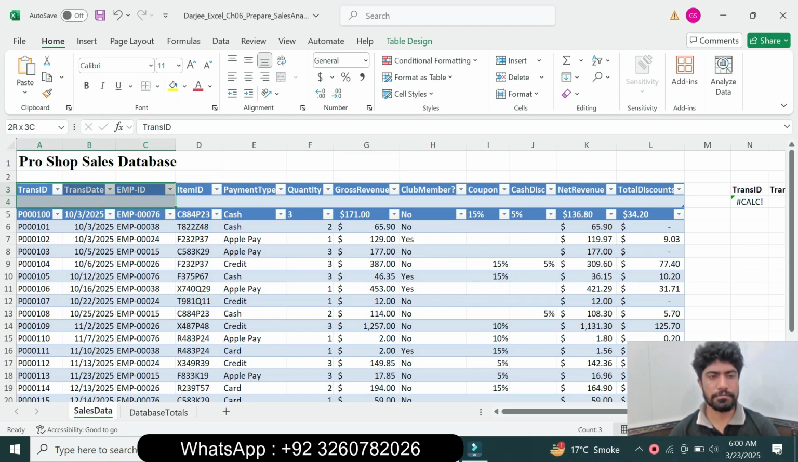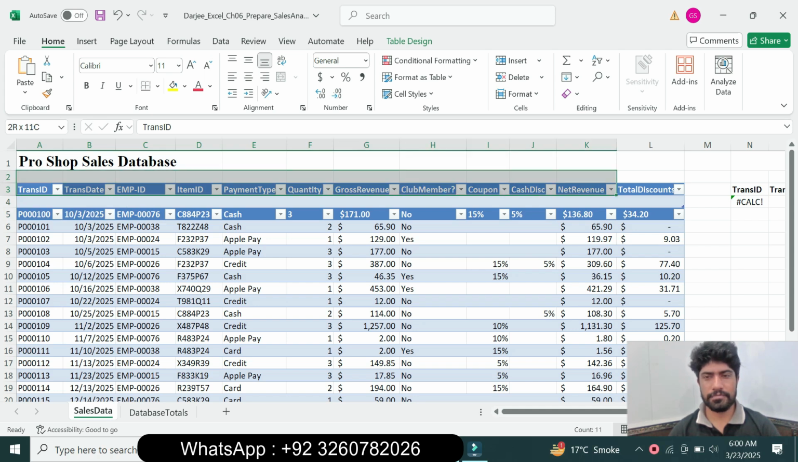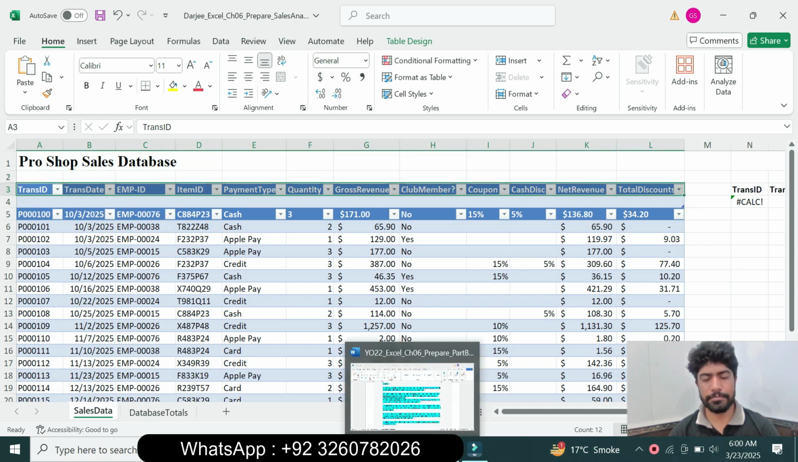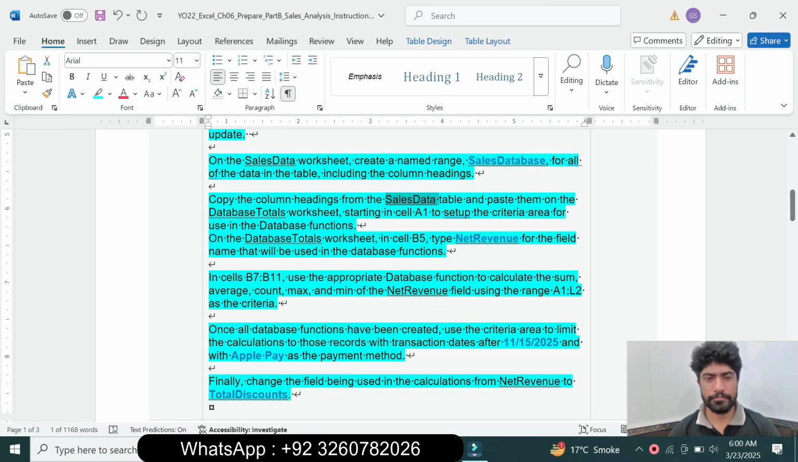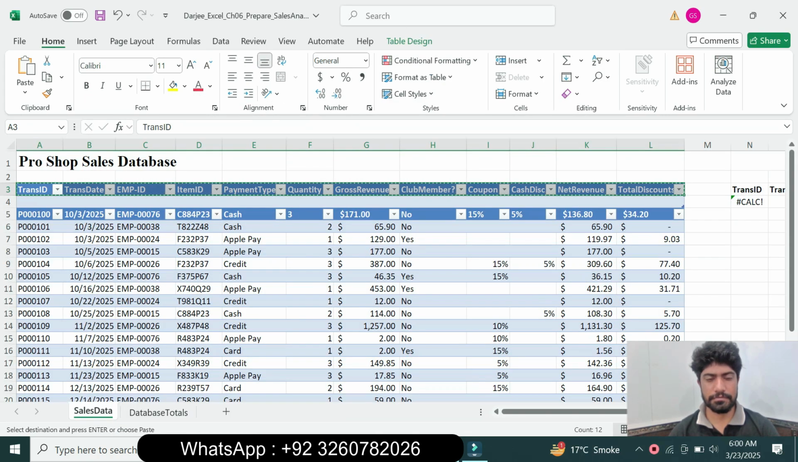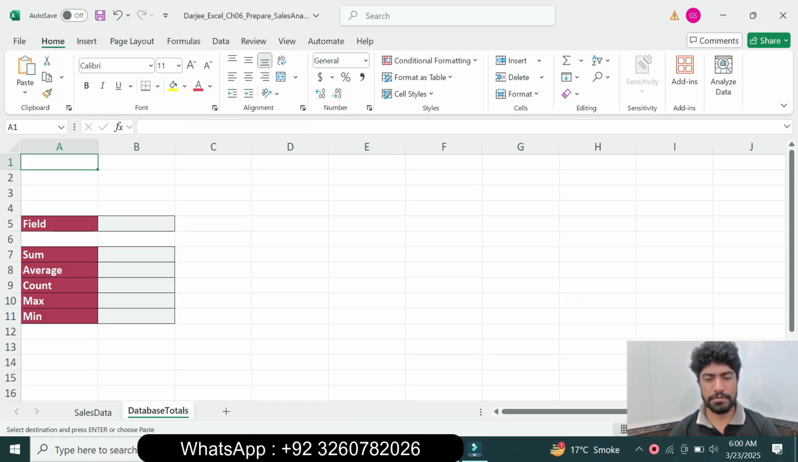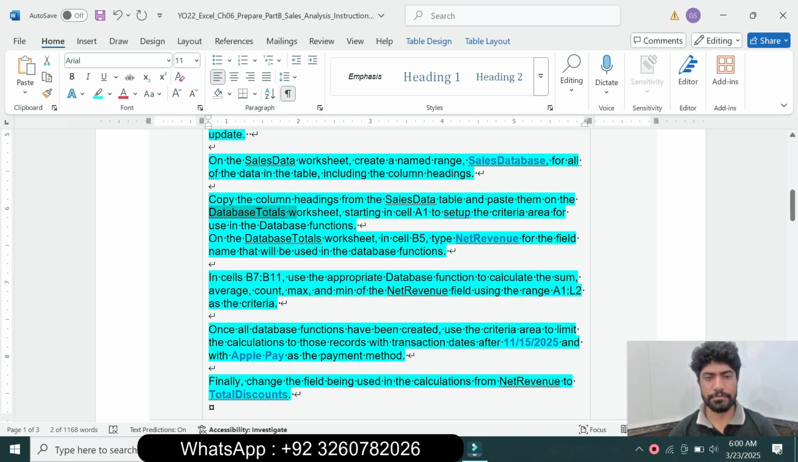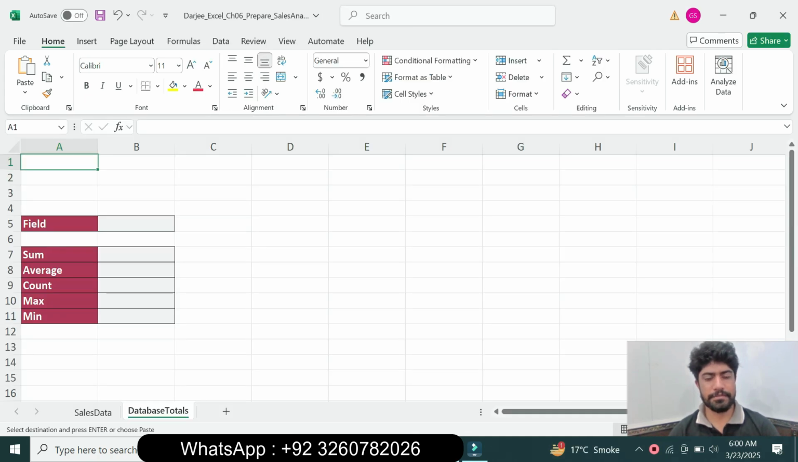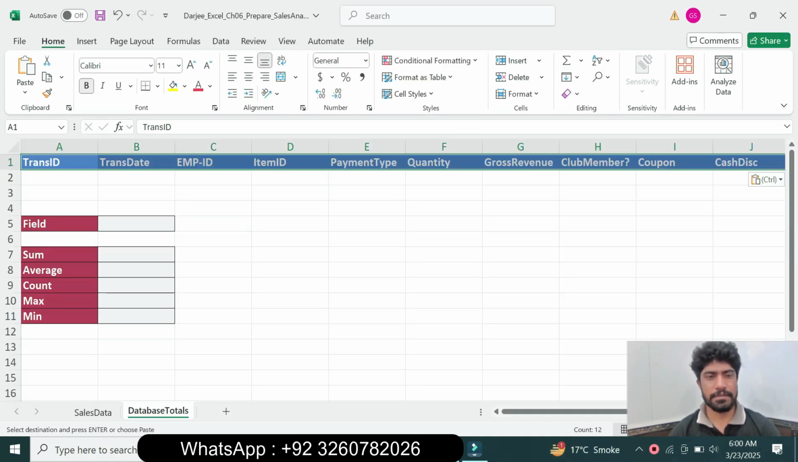Copy the column headings from the cell data table and paste them into the database tool worksheet. Go to the database tool worksheet, start at A1 to set up the criteria range, select cell A1, and paste the column